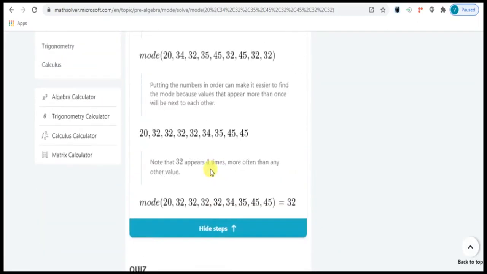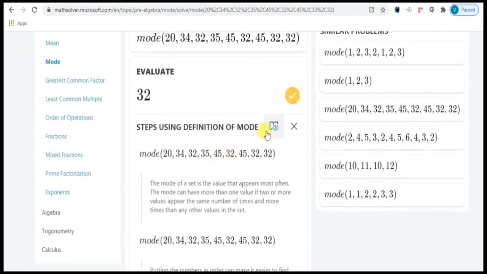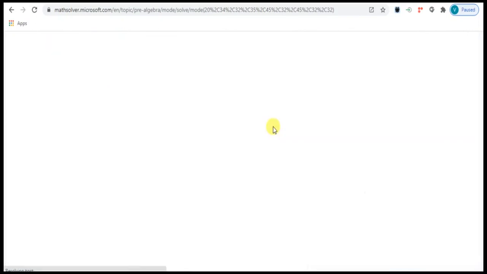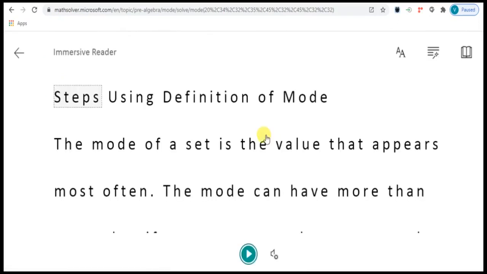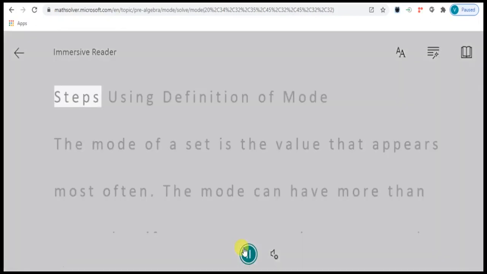You can see the solution steps. Also it has an immersive reader which reads all the steps. Steps using definition of mode. The mode of a set is the value that appears most often.